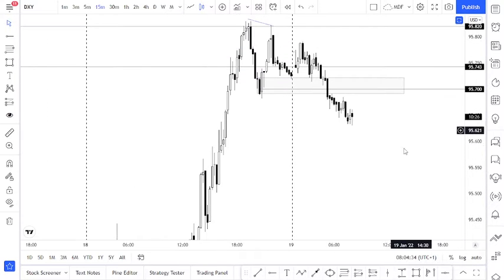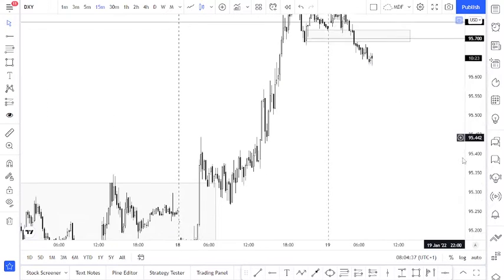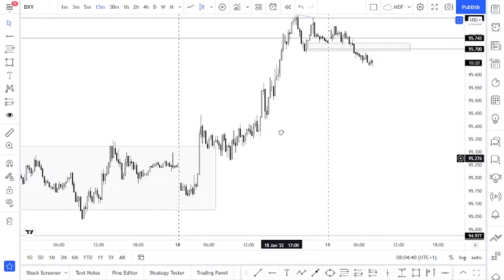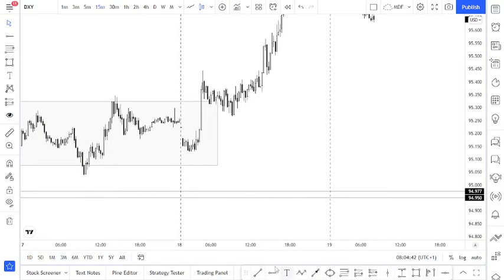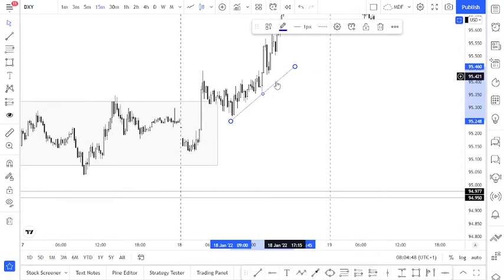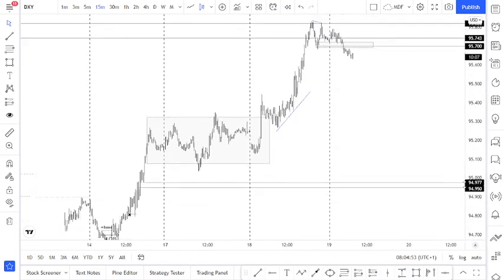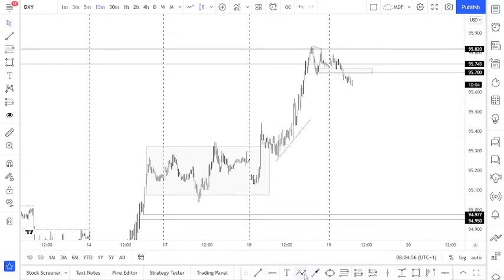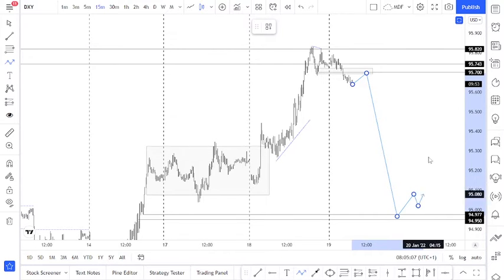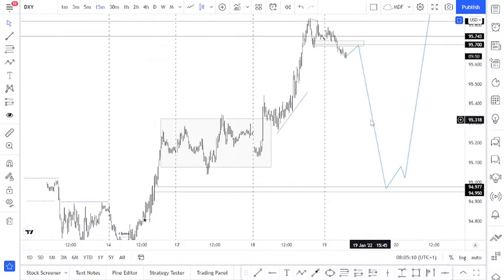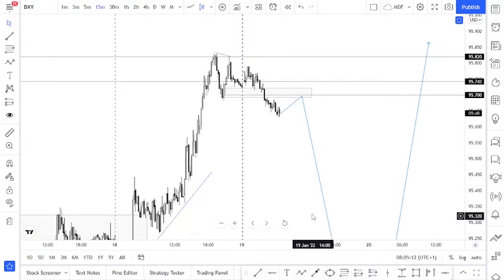If I'm to be a seller here, I'll be monitoring what happens on price. Basically I would want price today to take out all these things. I want price to take out this liquidity. My primary aim will be to see this market do something like this, just like I told you guys yesterday. Come back here, then bounce off and probably come here, and we see something to continue going higher. This is basically what I'll be looking out for on dollar index today.